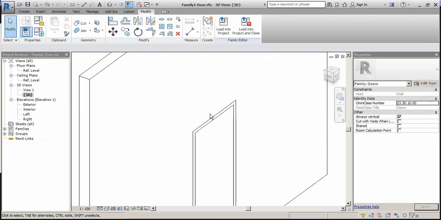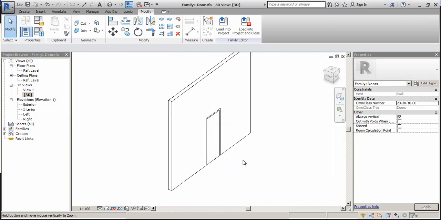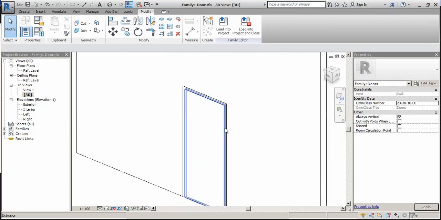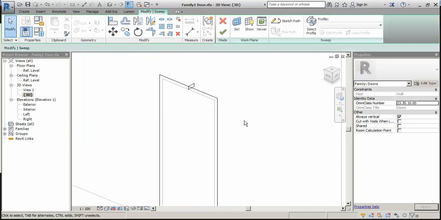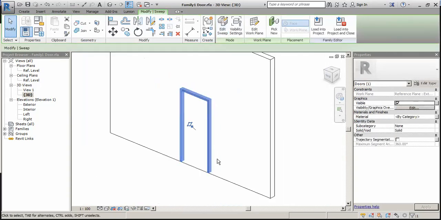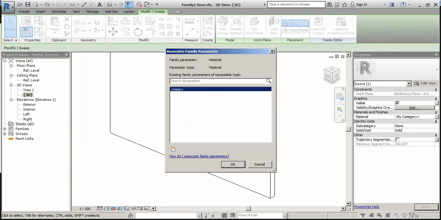So select the frame, and go in material and finishes and click it here, and associate family parameters.